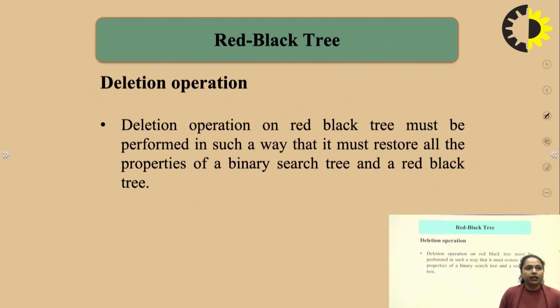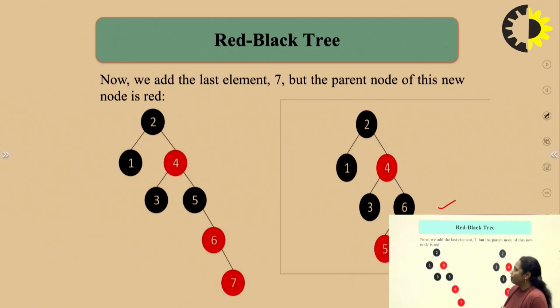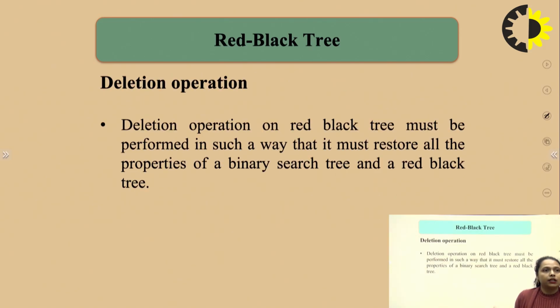Next, we come to the deletion operation. Now, for deletion also, again the concept will remain as it is of the BST. As per the BST, we will delete the node. There are two cases in BST also, that is the node which we are going to delete is having 0 child or 1 child, or second is the node we are going to delete is having 2 children. So here also the same concept will be applied. So deletion,